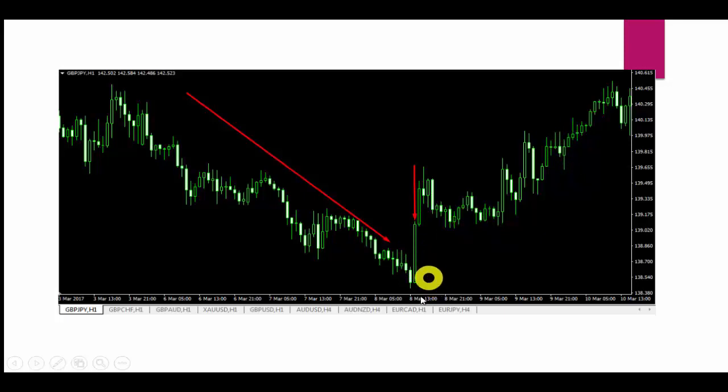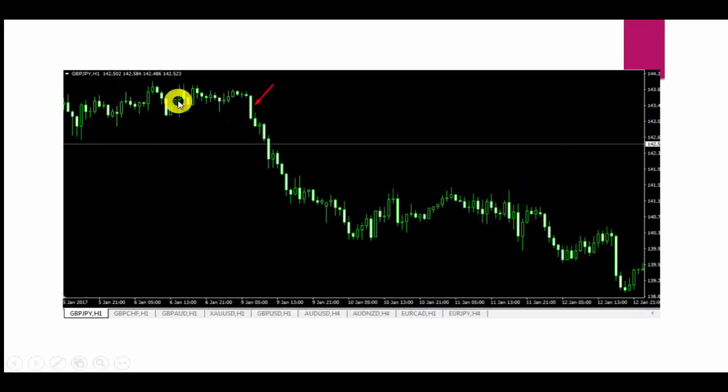In this case our stop loss would be the lowest point of the Marubozu, and we will adjust our trade with a 1:1 or 1:2 ratio. Here I have another example of a Marubozu candlestick. As you can see, it was a sideways market, but right after this candlestick pattern the market started a downward movement and came down to a large level. Right after that we will take entry over here. This lowest point will be our stop loss, and we will adjust our take profit with a 1:1 or 1:2 ratio.